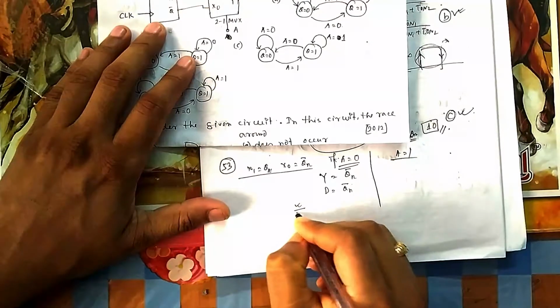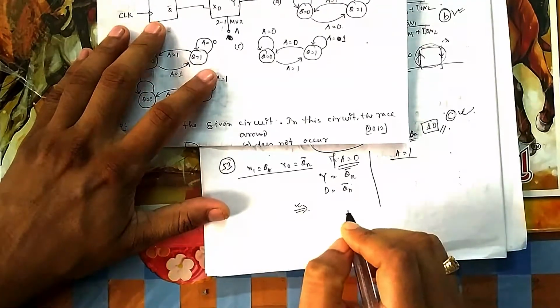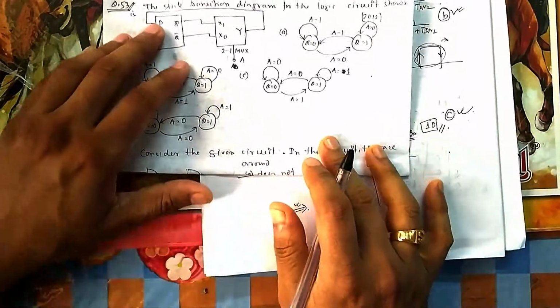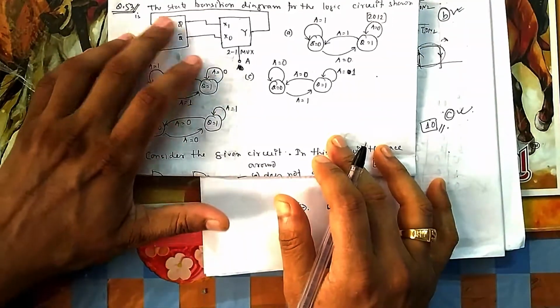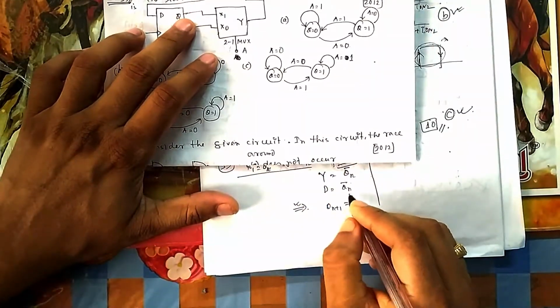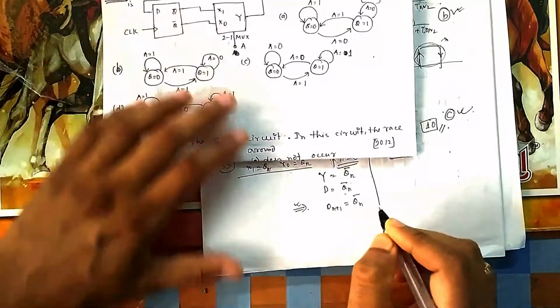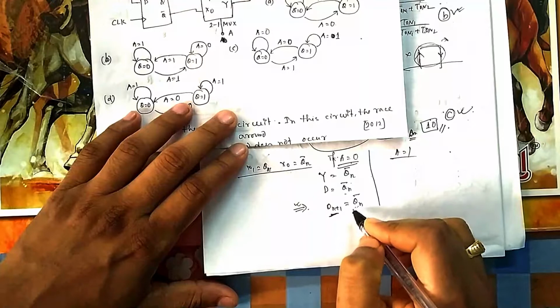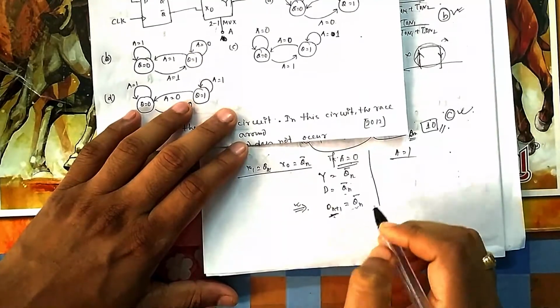Now if you apply a clock pulse here, what will be your output? Q n plus 1. So for the D flip-flop, if D is 0 the output is 0, if it is 1 the output is 1, so whatever you get at D will come to the output. So Q n plus 1 is whatever D is. So if A is equal to 0, then the next state is nothing but the toggle of its earlier state. It will change its state.